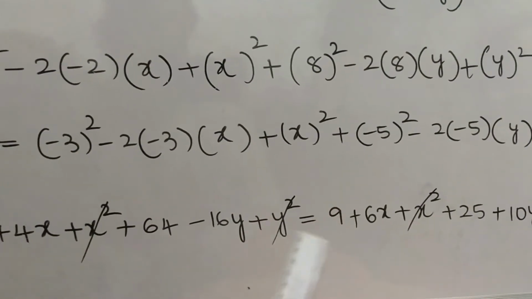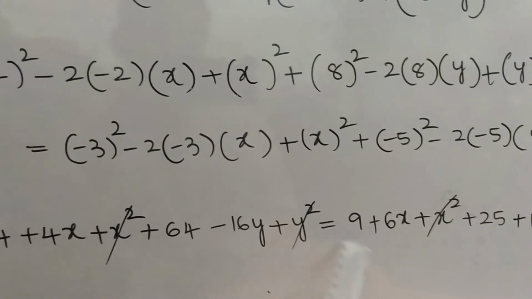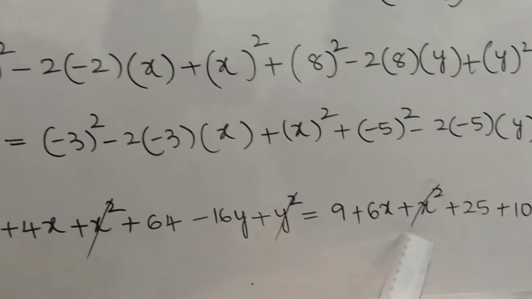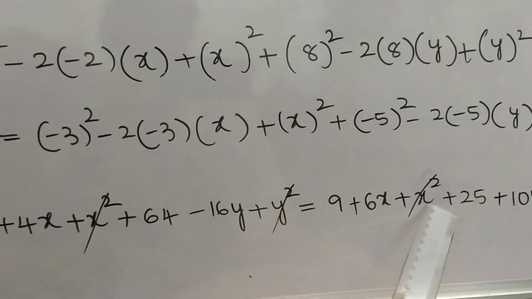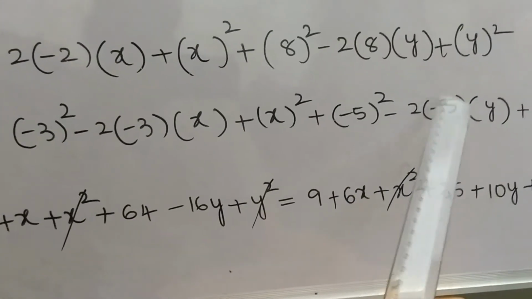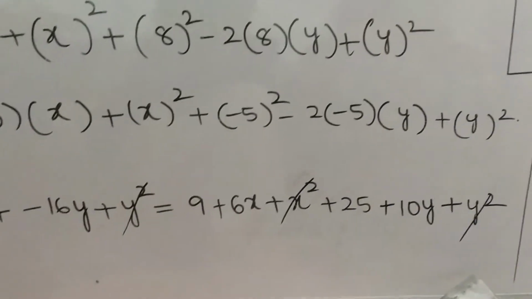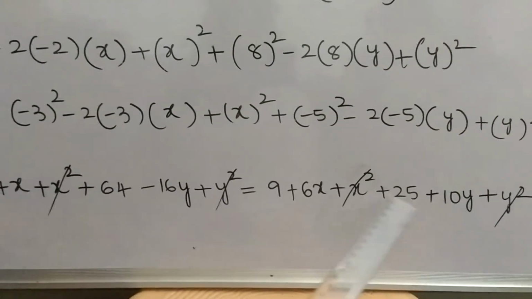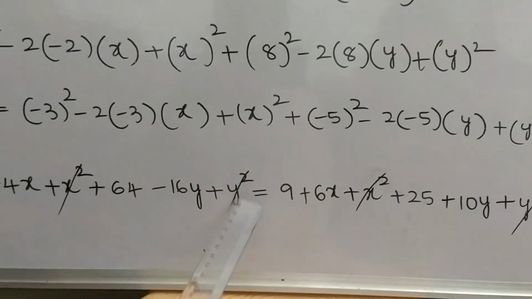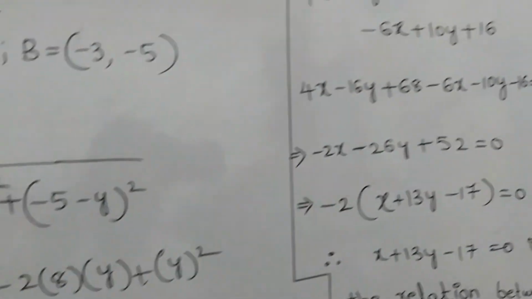Now it is equal to what? (-3) whole square is 9, and here minus into minus is plus, 2 3s are 6x, plus x square, and (-5) whole square is 25, and this is minus into minus plus 10y, and plus y square. So observe here in this step both sides x square is there, so cancel x square, and here y square. Whatever remains here, students,